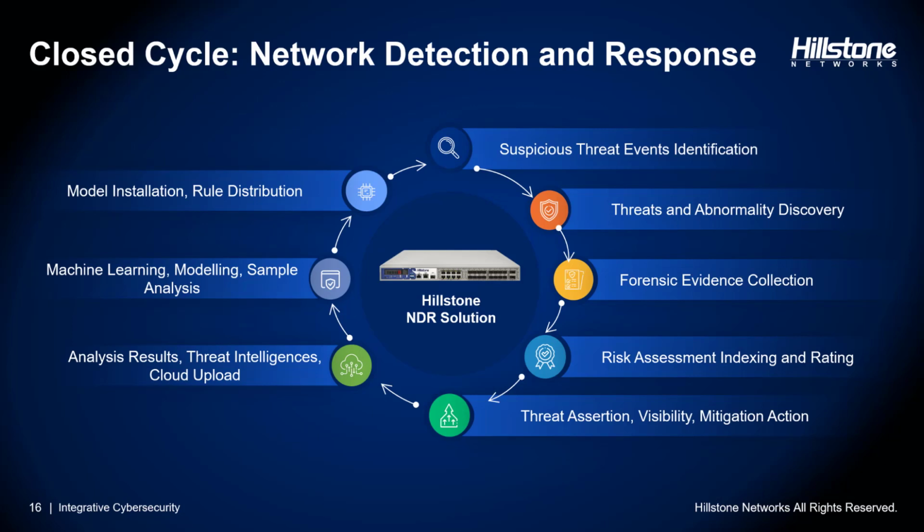Once identified, we gather comprehensive forensic data on these threats, facilitating thorough risk assessment. In response to the detected threats, our platform executes a series of actions including threat assertion, visibility enhancement, and mitigation